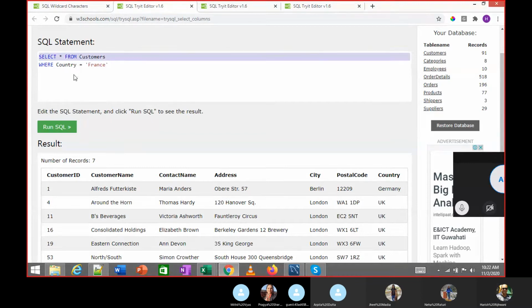Yeah, Jill, you had a question. Yeah, so the way you wrote it in the bracket, where you wrote where in London, Berlin, France, that will give us an output equal to OR only, right? Yes, but the values are of the same column.